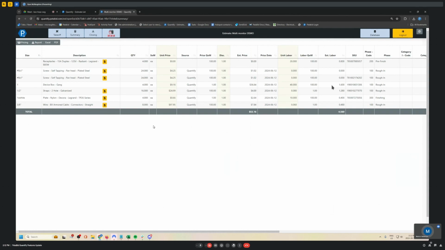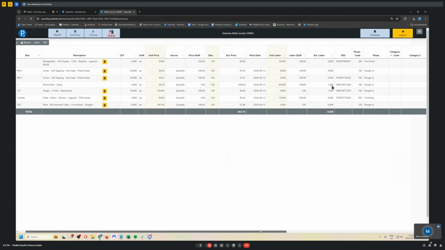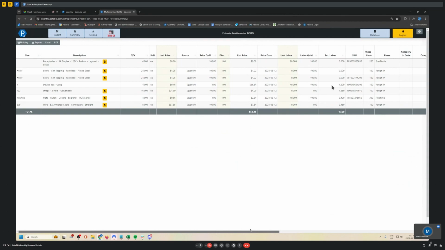And that is the UPC SKU column. We call it the SKU column. So right beside extended labor there, you'll see the SKU column. And that is the UPC codes for any items that you use in your estimate. Now, by default, it will use the Quantify built-in SKUs. But if you click on database here, Ryan,